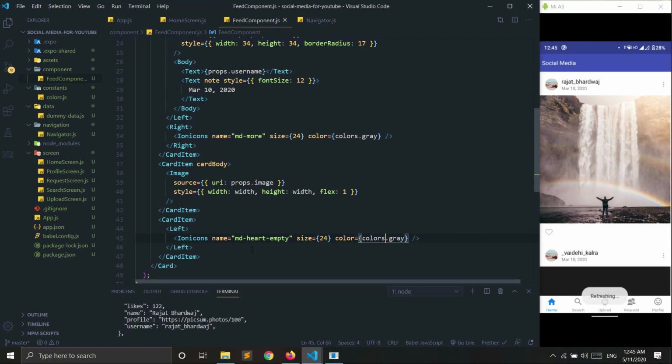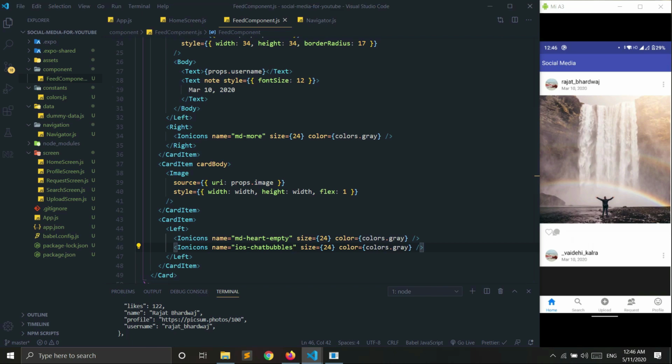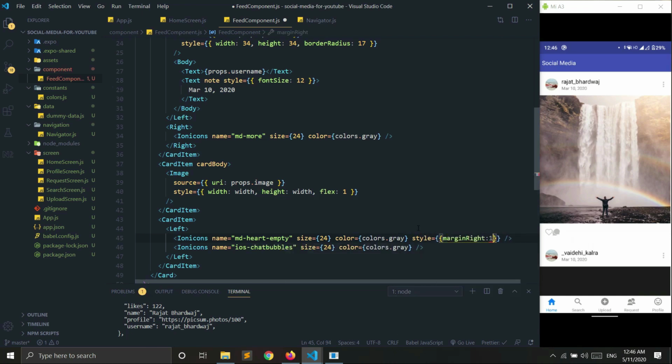And the second item will be chat bubbles. Good. And let's give them a style, margin right to, let's say, 13,